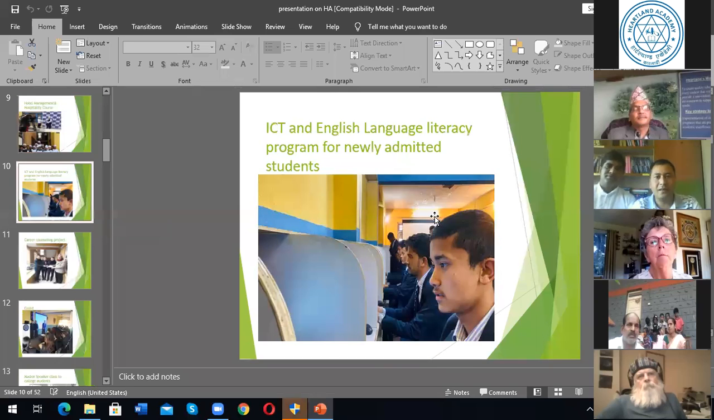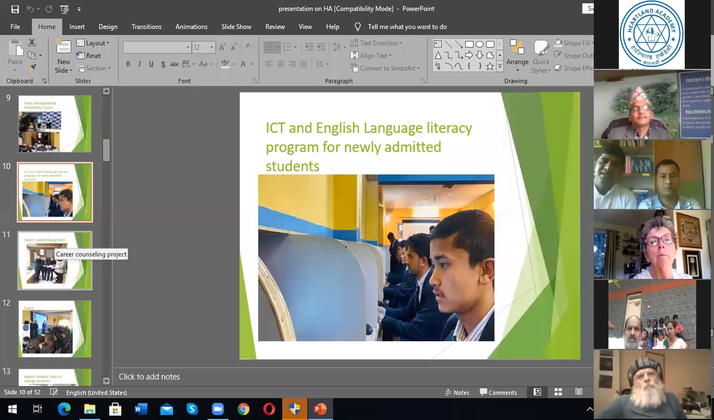ICT and English language literacy program for newly admitted students. By the topic itself, it is clear that when the students are enrolled in class 11, we have been facing the challenge for many years that the students come from different rural areas. In the remote places, the schools are mostly government schools, and these schools do not have computer programming at the school level, so that even we found that students when they are enrolled with us have not even touched any computer before in their school,